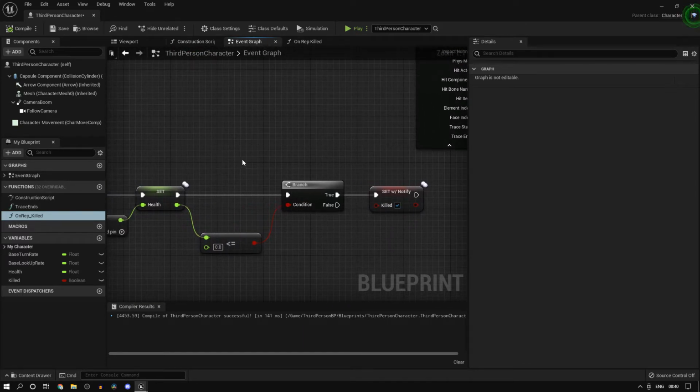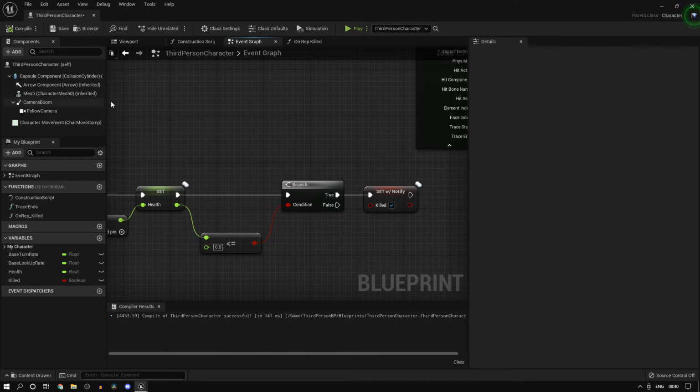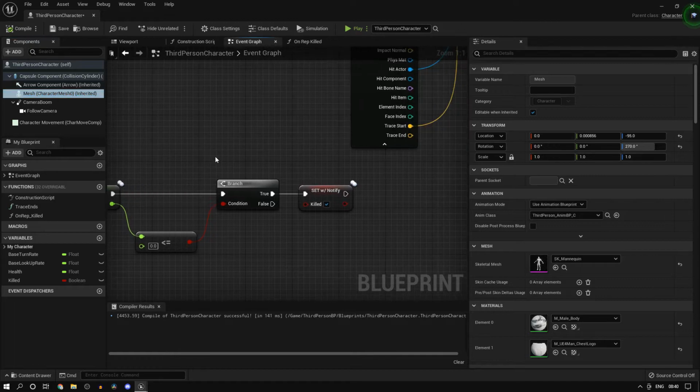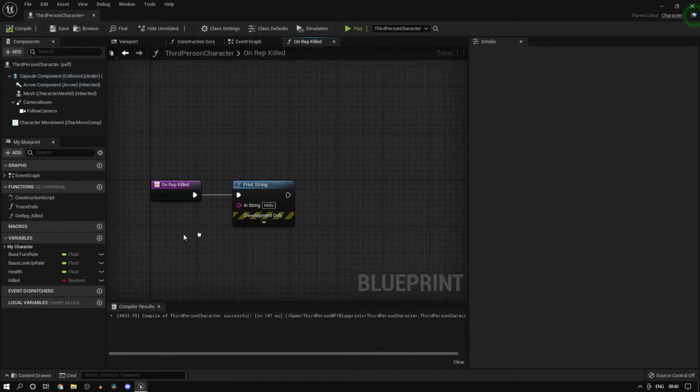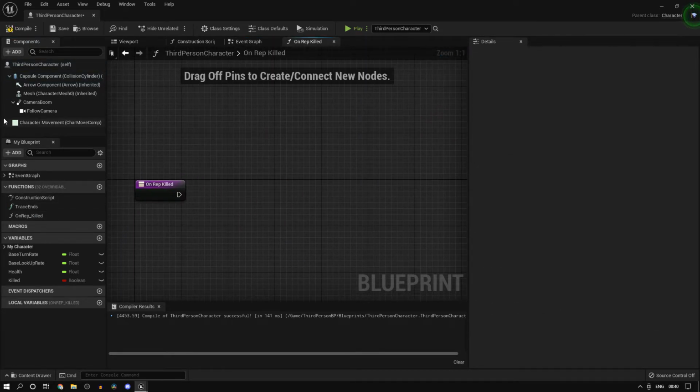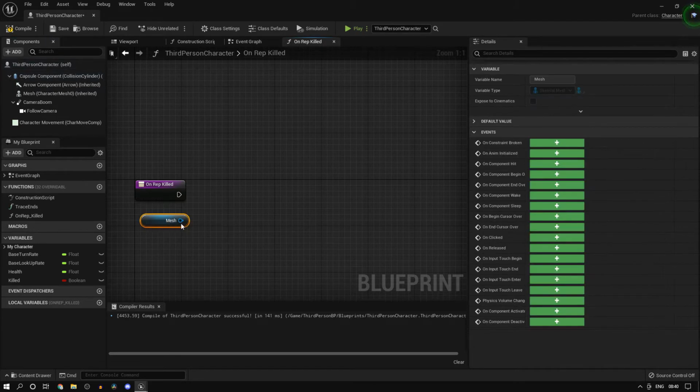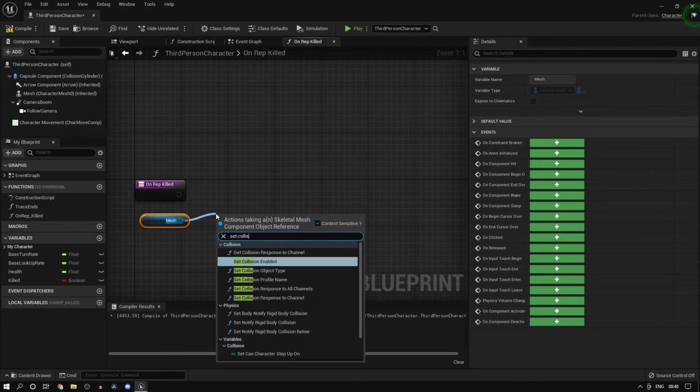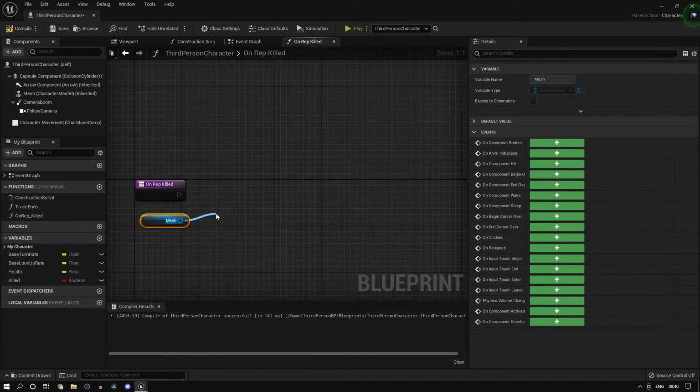Some things which can be done with this are things like ragdolling, because physics is not replicated over the network by default, just like movement. So what you can do is go ahead and in your OnRep_Killed, get a reference to the mesh, set collision profile name.